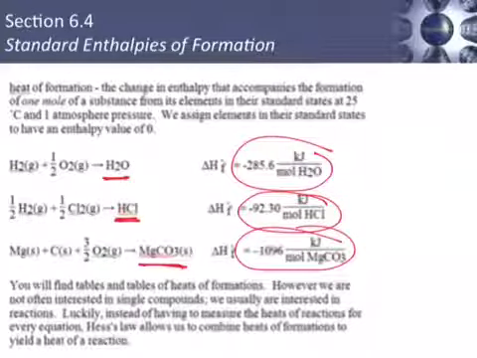Like I said, free elements have their delta H as 0. If you weren't given this number, you'd go to a table and look it up. States of matter also matter, because the delta H f for liquid water is different than for water as a solid. So you have to make sure you get the right